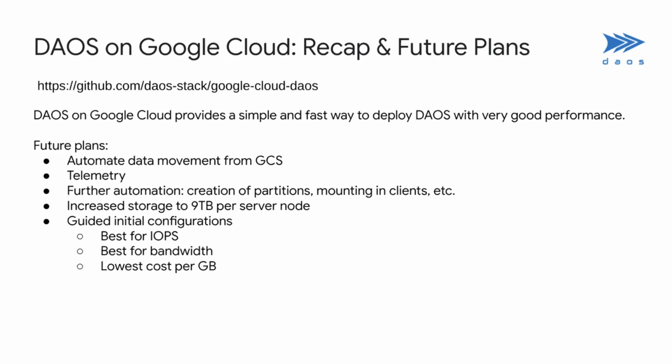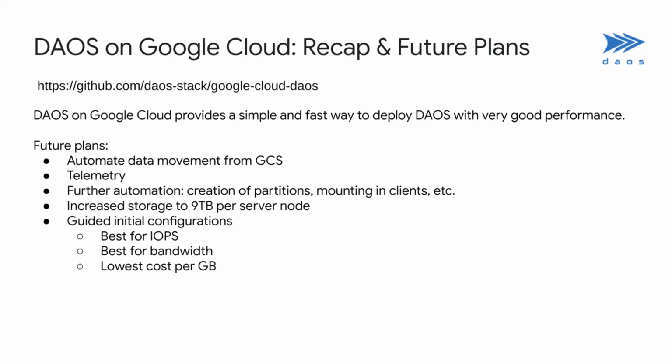We want, of course, to add further automation options to create partitions, mount clients, etc. Also, today we have full automation for IO500, but we would like to have automation for other use cases. Of course, increasing the storage to 9 terabytes per server node. And then maybe better guided initial configurations